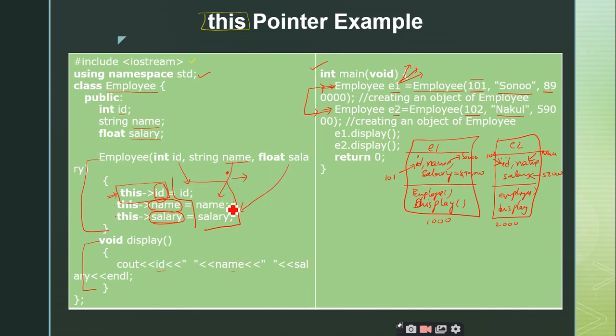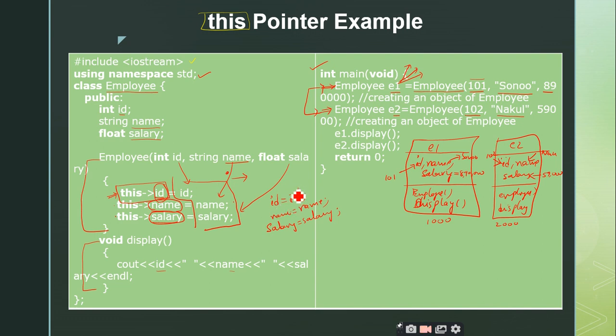Is it clear? Clear, sir. So sir, if I write the statements like id is equal to id, name is equal to name, and salary is equal to salary, is there any meaning in these statements? The compiler will get confused about which id to take for the object.